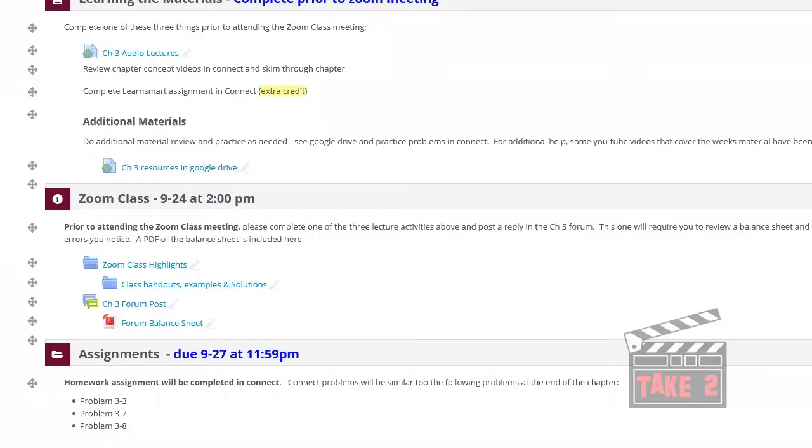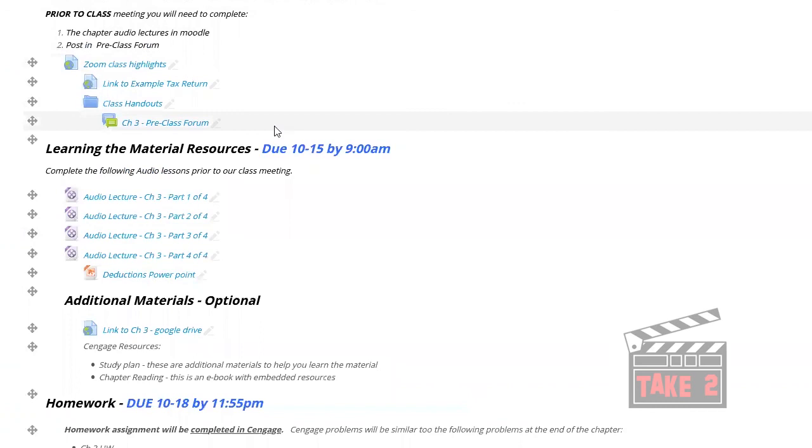And I will typically upload it into Moodle or into Google Drive, and it depends. In this particular class, you can see there's a Zoom class highlights folder, which since I have two sections of that class, I load it directly into Moodle so that each class only sees their own. And when you do the little clips, then it makes it easier because Moodle does have a size limitation for videos as to how large they are to allow upload. The other class that I only have one section of, I actually just do it as a link to a Google Drive folder so that I don't have size limitations in the same way. And that's the only class that's looking at it, so that makes it a little easier.